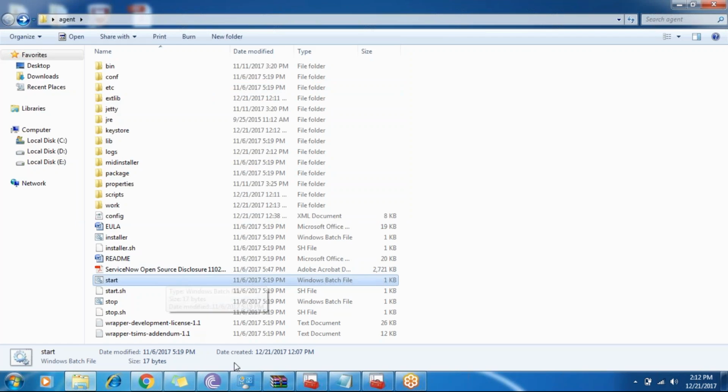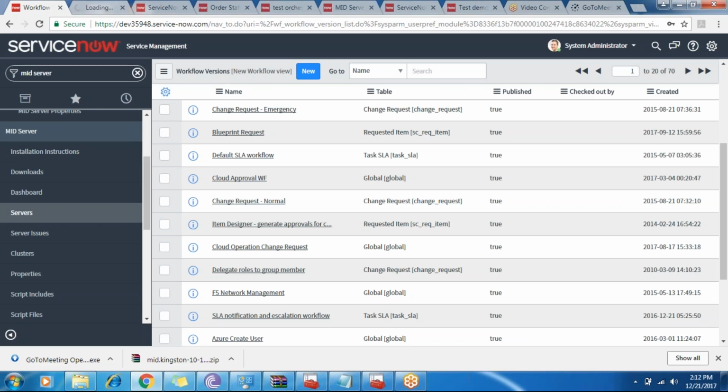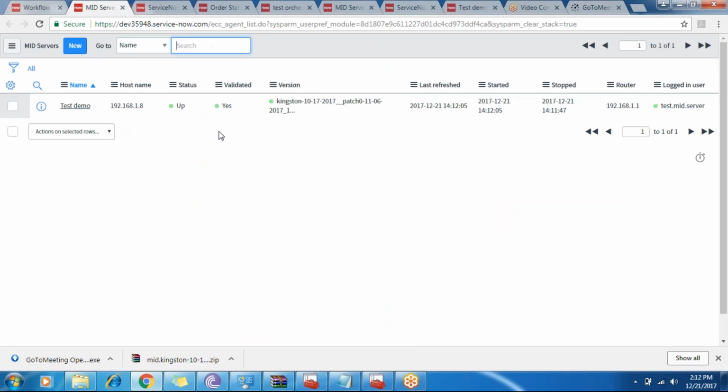After that, I'll go into the MID server modules of ServiceNow, the Servers module under the MID server application. You can see the name which I have given to the MID server.